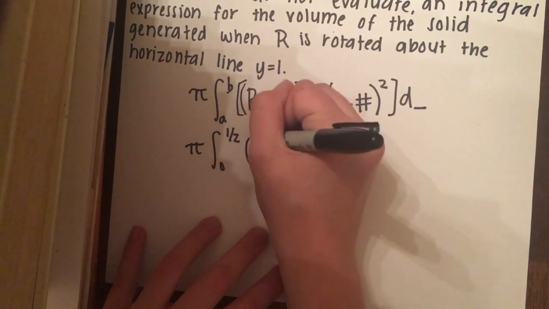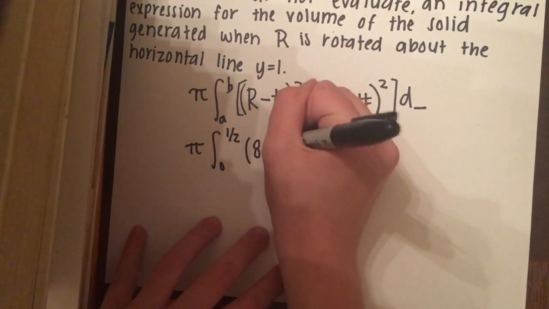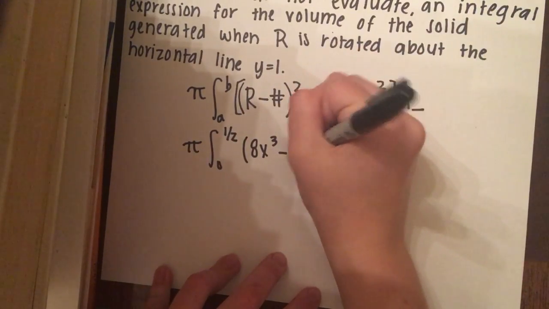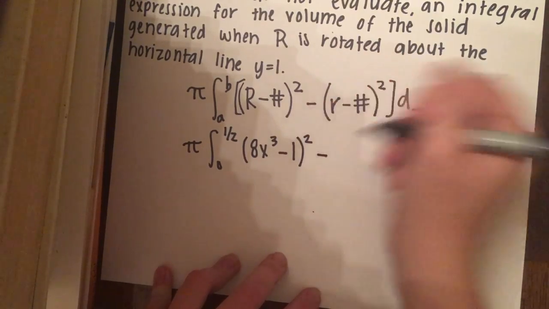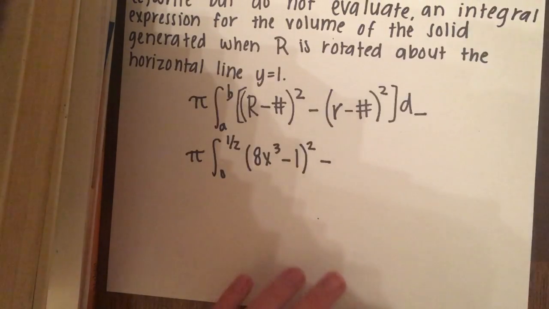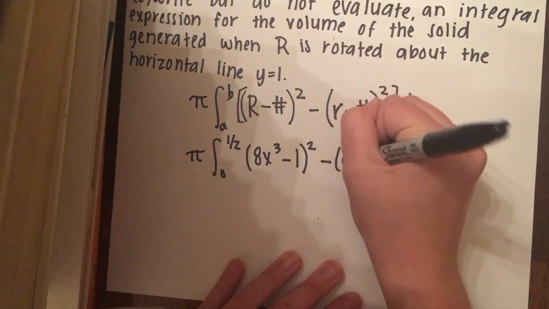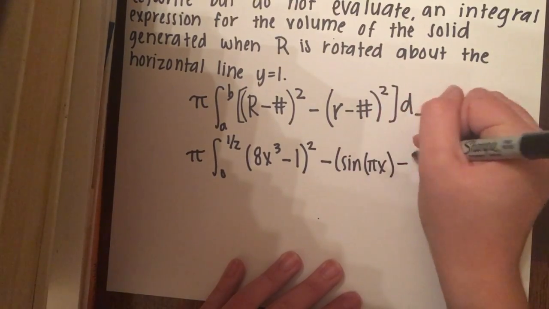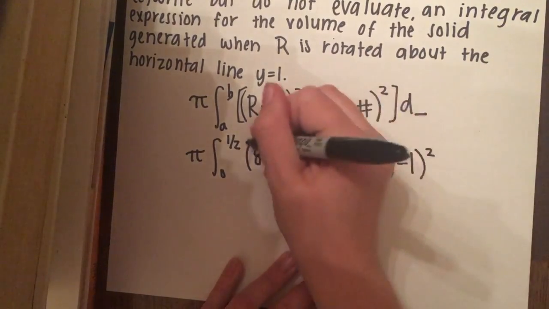So we have 8x cubed minus 1 squared minus, and then the inner radius is going to be this function, which is the sine pi x. Minus 1, of course, squared, and then